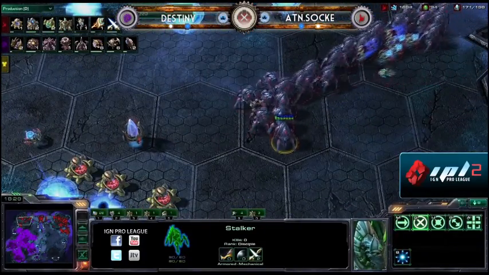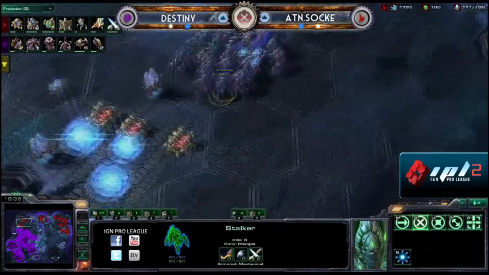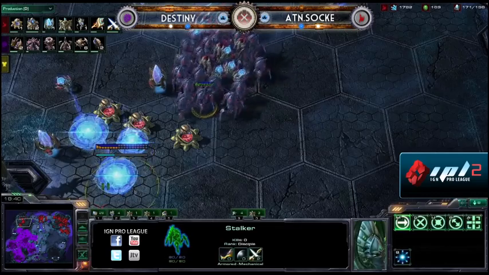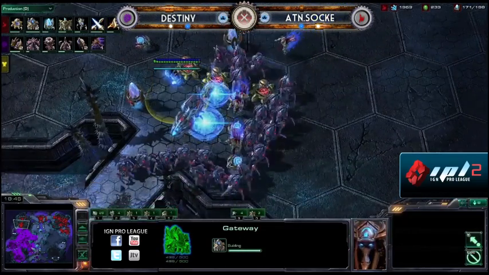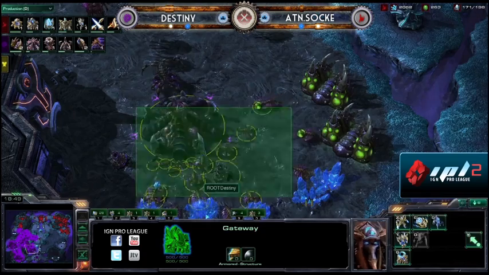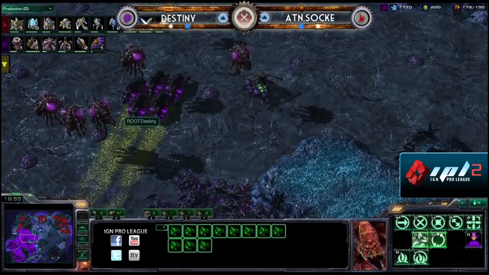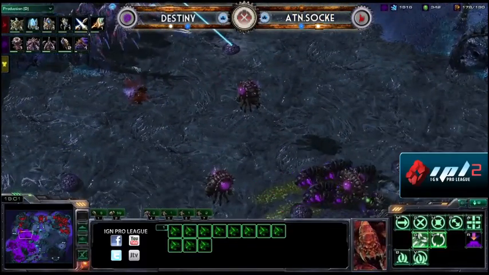+2, getting +3 right now, about to finish, going up to Hive Tech, getting the Spire. Oh, I'm thinking this is not really good for Destiny. He's throwing down a couple of gateways here as well. And this is really going to affect the places in which Zerg can engage. But at the same time, it can allow the Protoss Socke to engage right into his opponent's